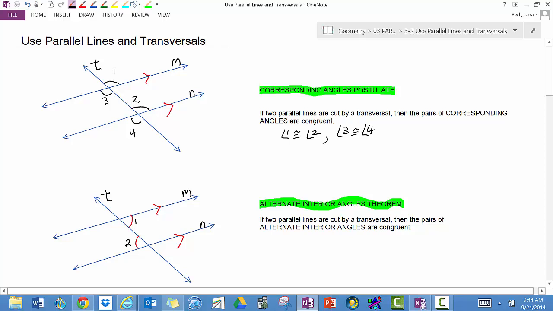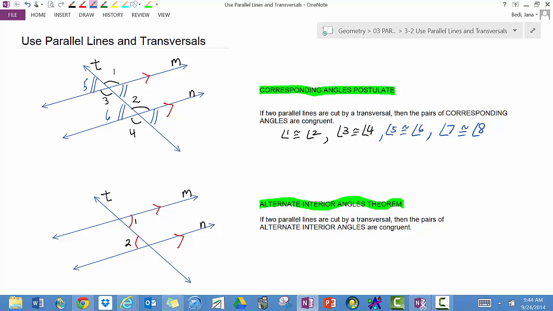angle 4, and in fact angle 5 is congruent to angle 6, and angle 7 is congruent to angle 8. Note that angles 5 and 2 are vertical angles, so they are also congruent. So 7,